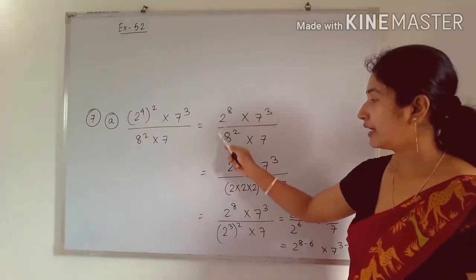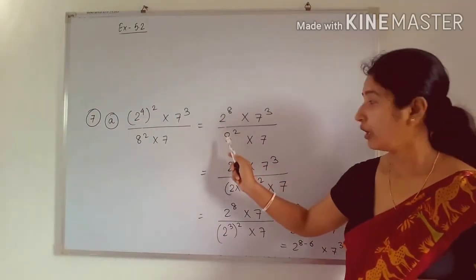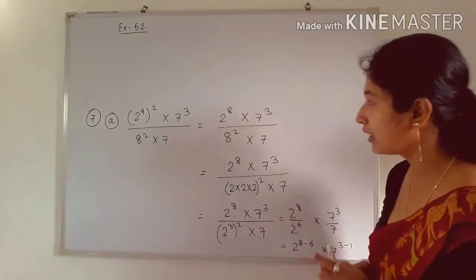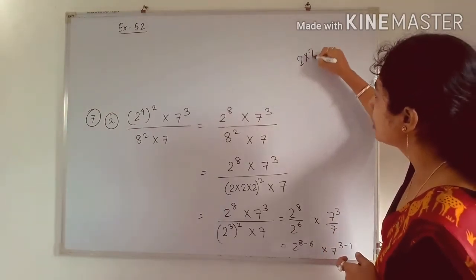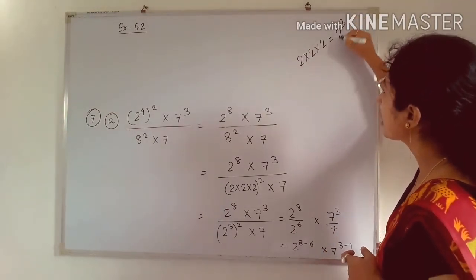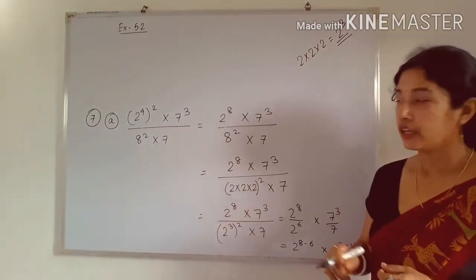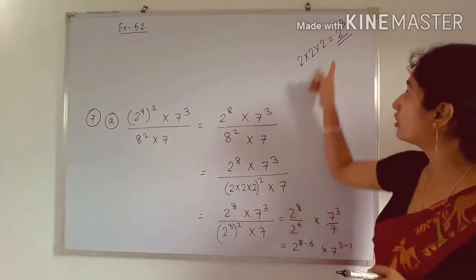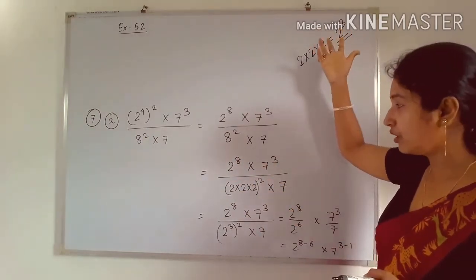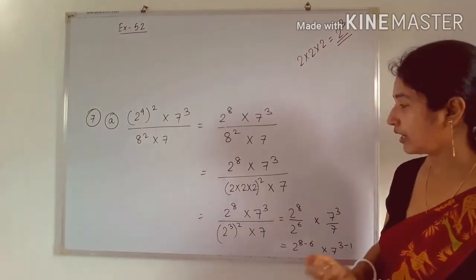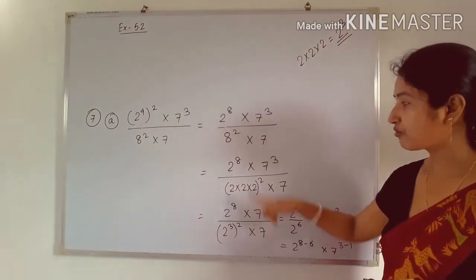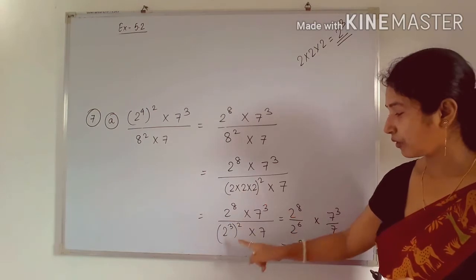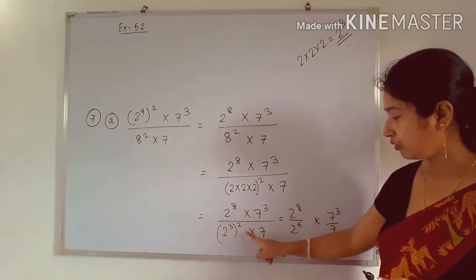But in the denominator 8 is there, we can factorize 8. So we can write 8 as 2 into 2 into 2. 2 into 2 into 2 will be 8. Or we can directly write 2 into 2 into 2 as 2 cube also. If you practice, then you can directly write 2 cube in place of 8, because it is already known that 2 to the power 3 is equal to 8. I have written 2 steps for that. So in place of 8, I can write 2 into 2 into 2. So it will be (2 cube) whole to the power 2 into 7.